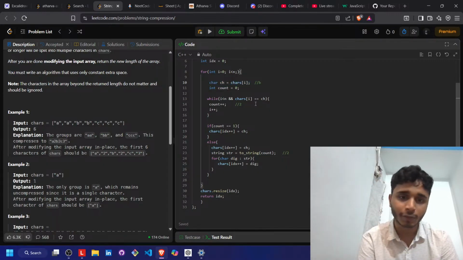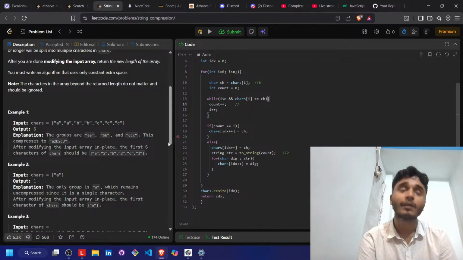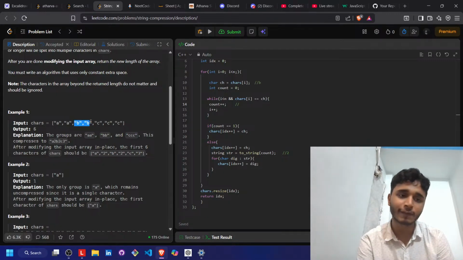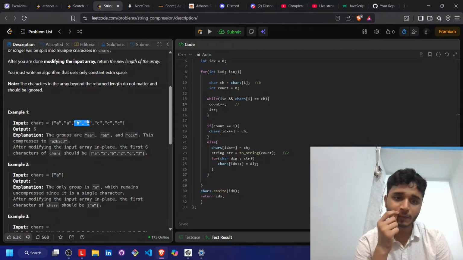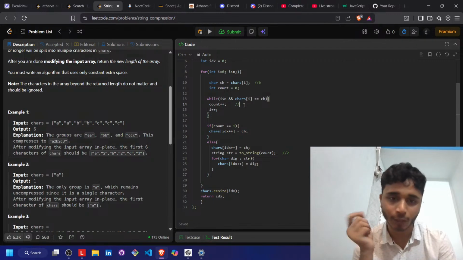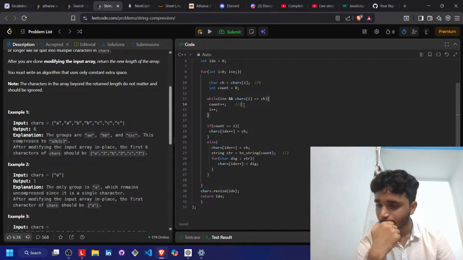Then after that we will keep checking for B's, like B has come 2 times. So index plus plus, count plus plus. So the count of B will be 2. Okay,